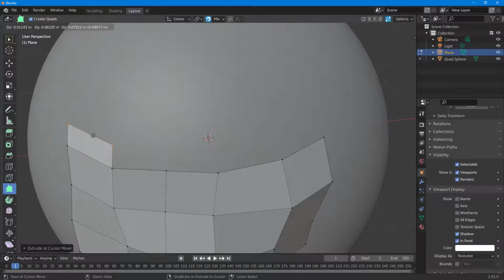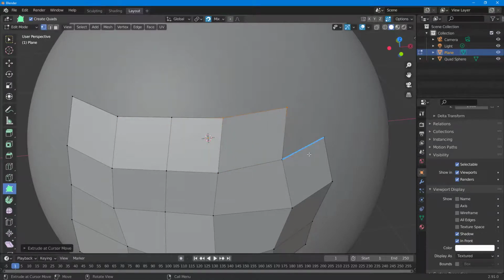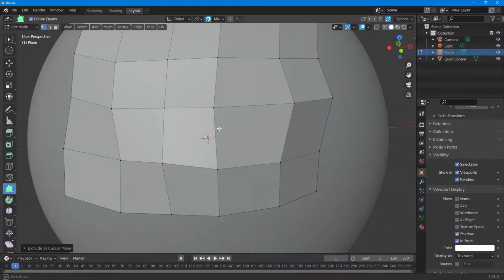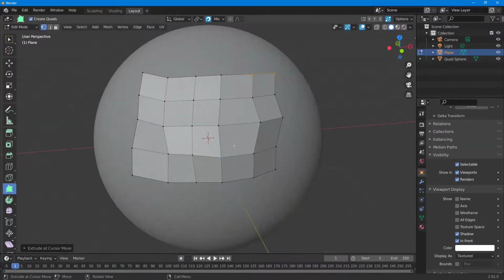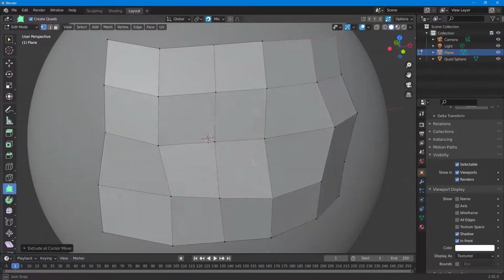So once I do that, I can go around, hold Control right here, and without having to manually work with this, you can see that they all snap together without a problem. So just go around and snap them together. And that is how you can work with the Automerge tool while you're polybuilding so that the vertices